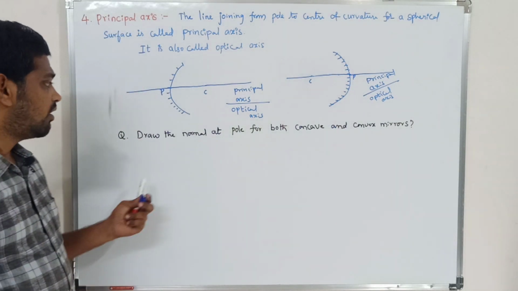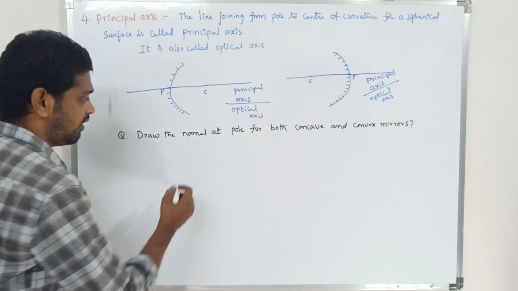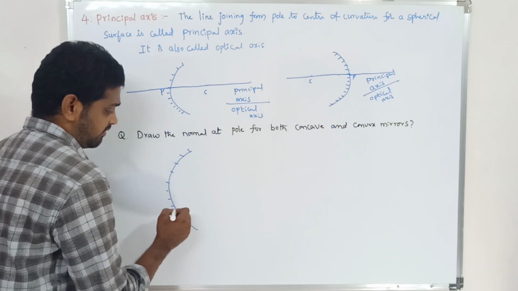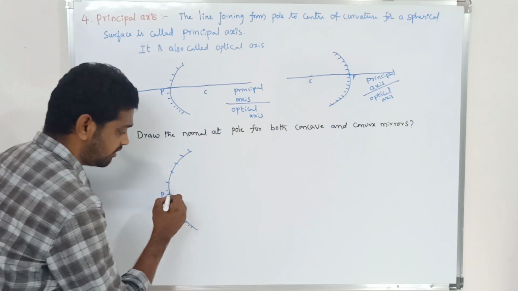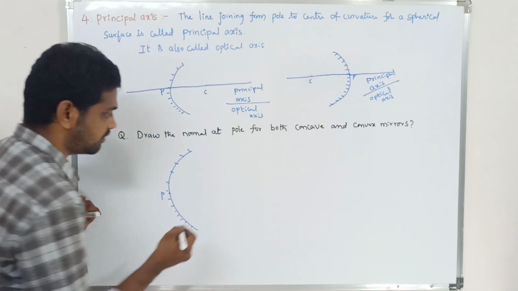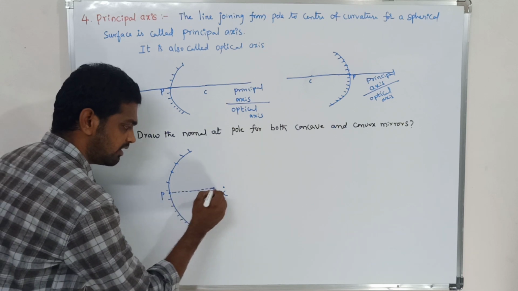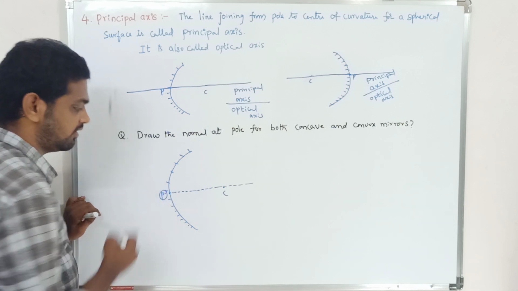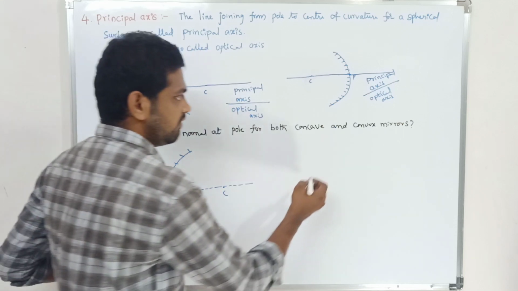Now the question is, draw the normals at the pole for both concave and convex mirror. See, now I am drawing the normals for the concave and convex mirror at the point P. How will you draw the normals? First of all, you should locate the point C. Then you need to draw a straight line joining the pole to the center of curvature. Clear? So here you got the principal axis. In case of a convex mirror also,